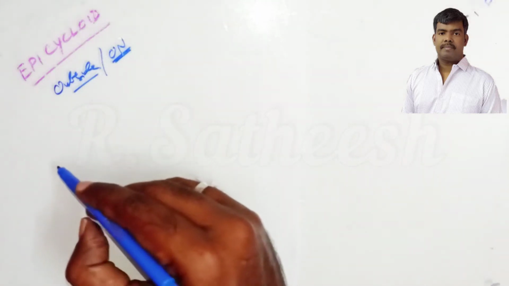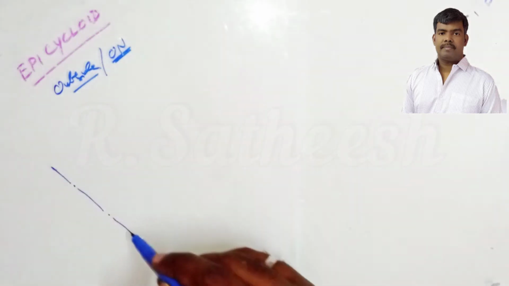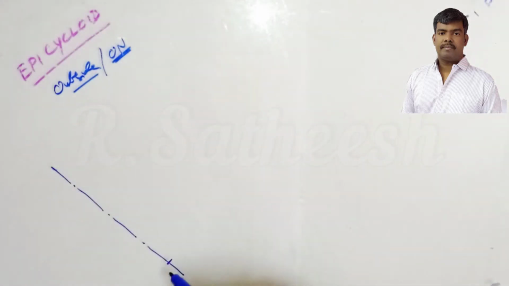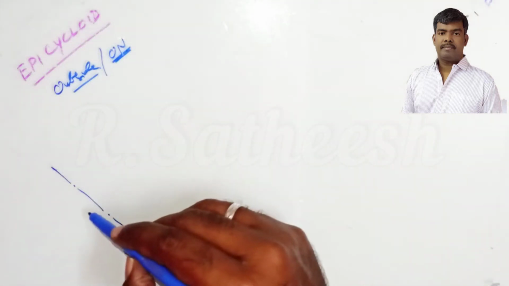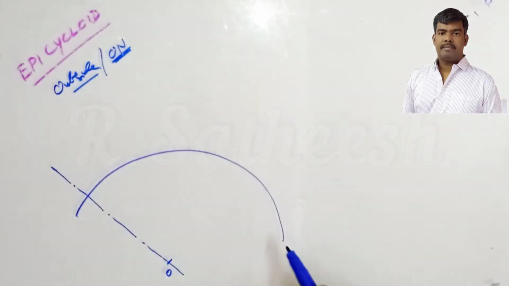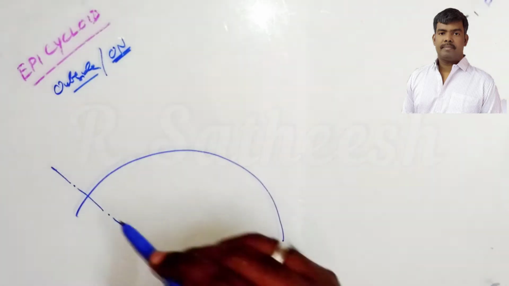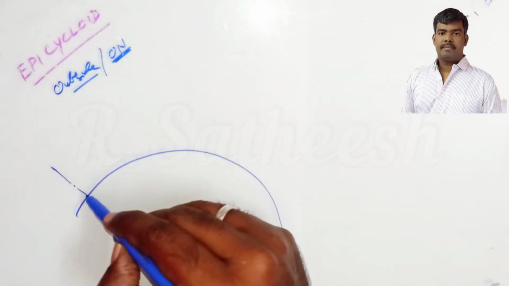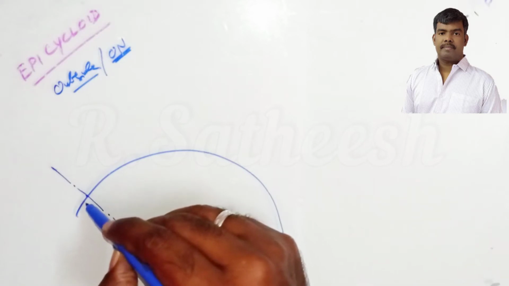So first you draw one axis at an incline, as you wish. You select one point, that is O. Now for the other wheel, 180 diameter is given. Take 90 as the radius. You draw one arc. Clear? Then where that arc intersects the axis, let us consider this is the point P.